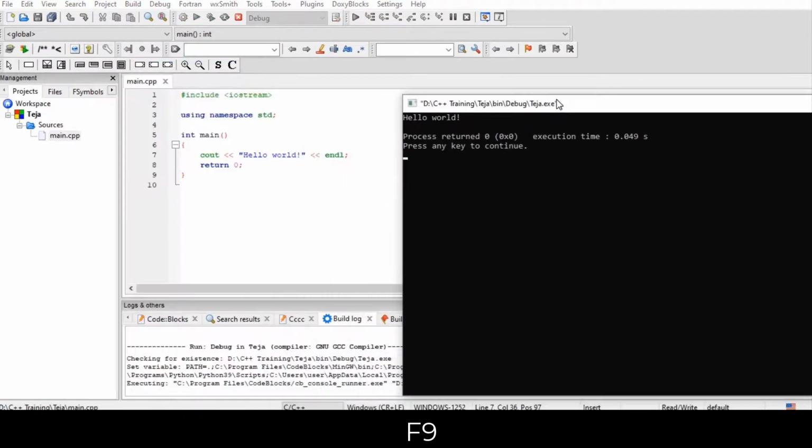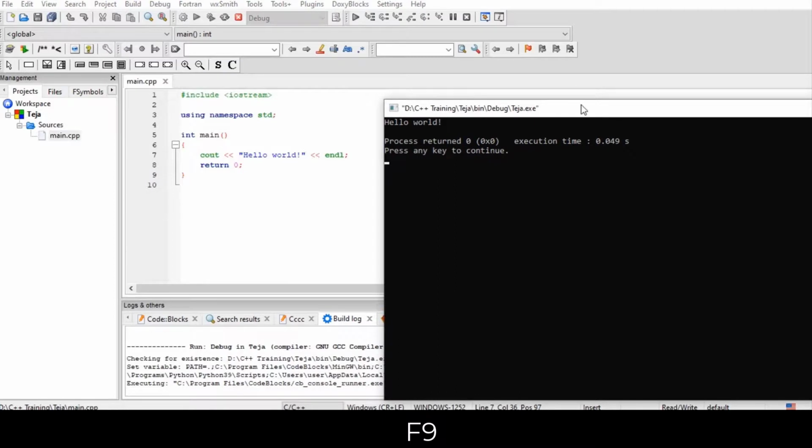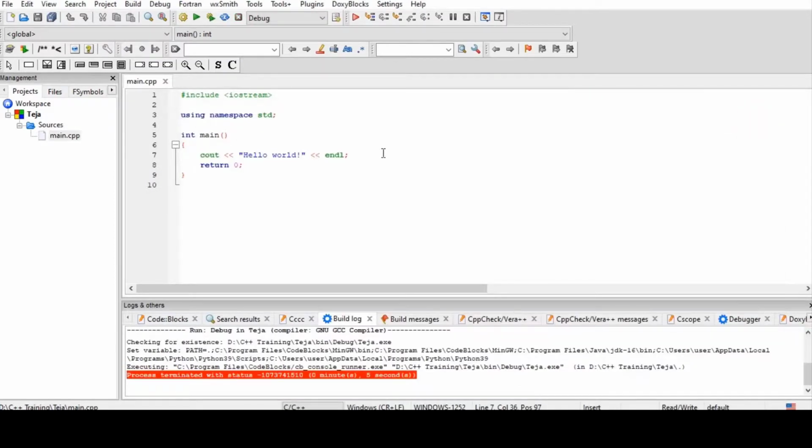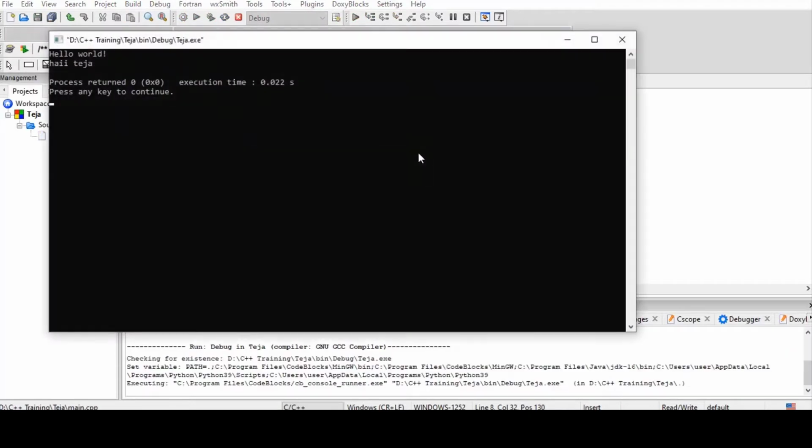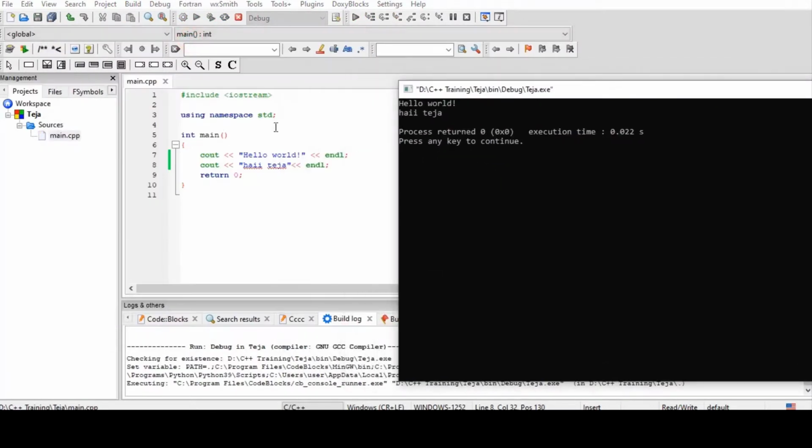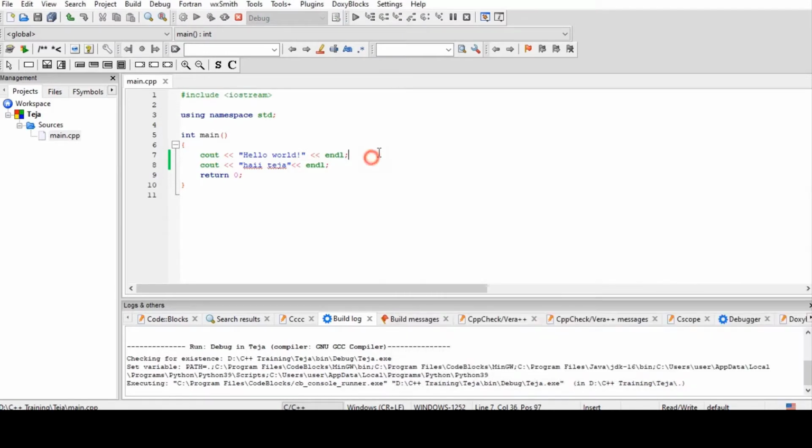When we click F9, it runs. You can write any other program. Again I click on build and run. Whatever I wrote in the program, it ran correctly.